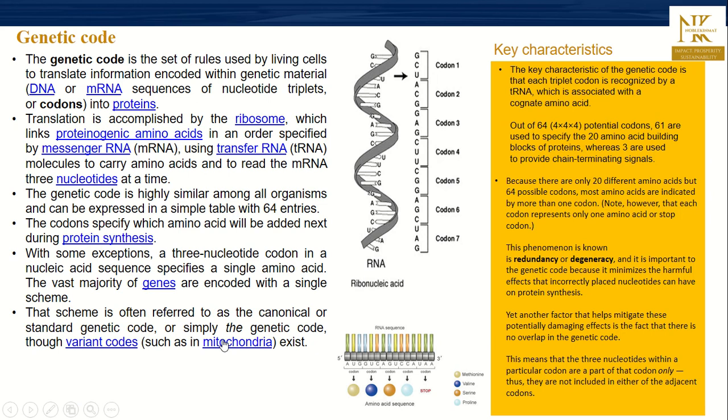Now, what do we mean by this genetic code? They have key characteristics of the genetic code. The first one is that each triplet codon is recognized by a transfer RNA, which is associated with a cognate amino acid. That is,